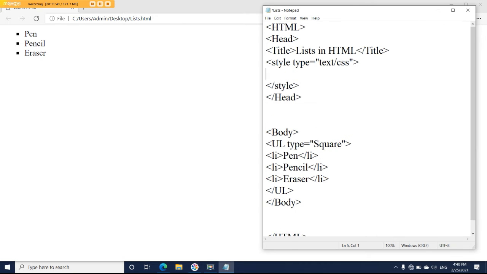Now inside the style tag, I am going to pass a style for the unordered list. So you have to take UL into the curly bracket. You are going to pass a value. So I'll pass color colon green. Save this and refresh this page.